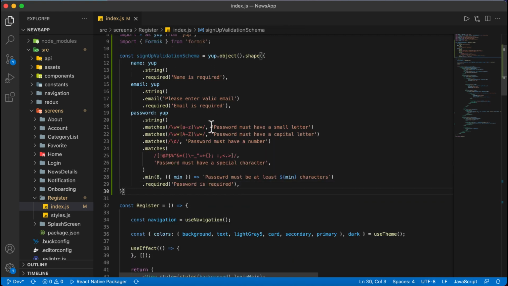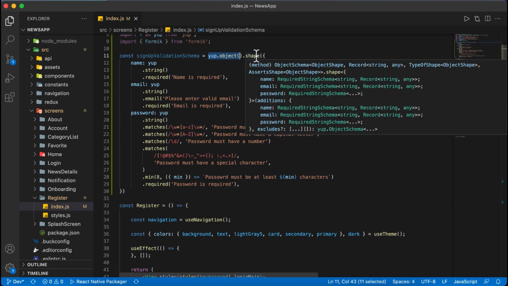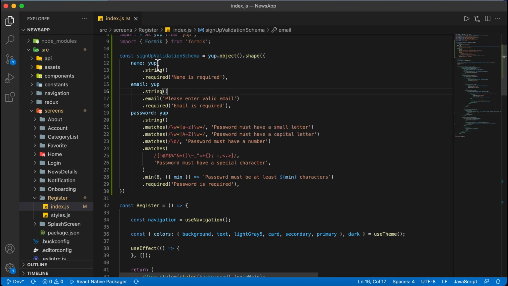Okay guys, you can see that I have taken one name, email, password. Inside the name, first of all I have declared the Yup object. Then inside the shape object we have used the name, email, password.